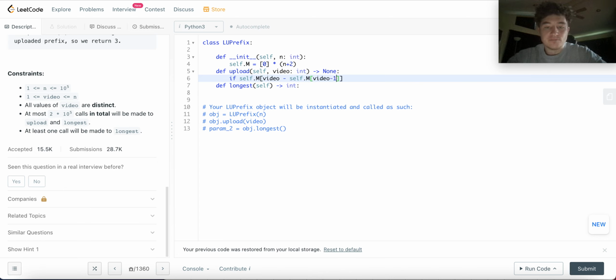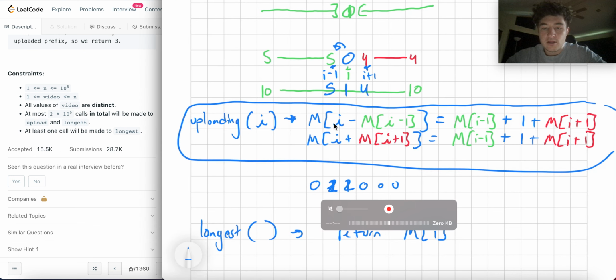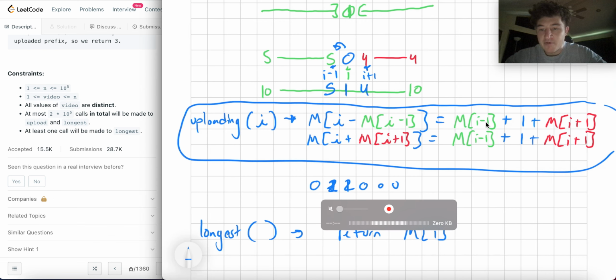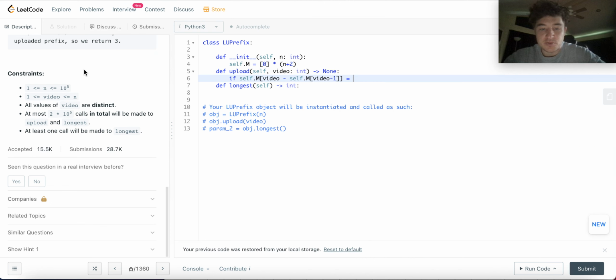Video minus m of video minus 1 equals m of video minus 1 plus 1 for ourselves plus m of video plus 1. So we don't need this if. And then we need to do the same thing at the same time for the other value.